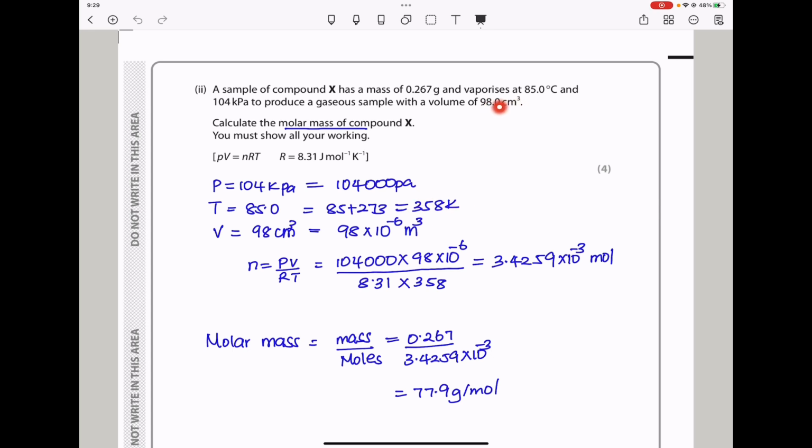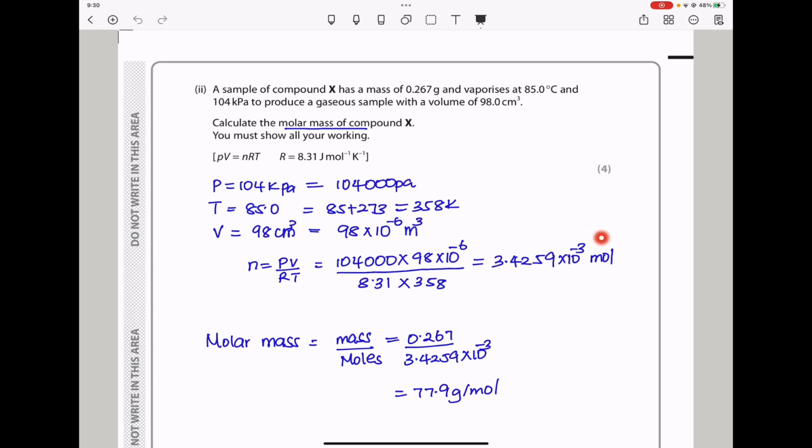And I was given the volume in centimeters cubed, so I had to convert that to meters cubed. I multiplied by 10 power negative 6 to convert it to meter cubed. So now using this formula and making n the subject, n is equal to PV over RT. I substituted for P, for V, for R, and then for T, and calculated to get the number of moles,